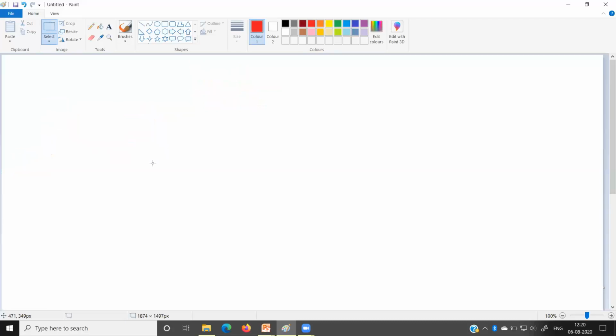Before going to the details of the algorithm, first I will write down the body of the wait function and the body of the signal function. So let us write down wait, where we pass the semaphore variable S. Here we write: while S is less than or equal to 0, do no operation.